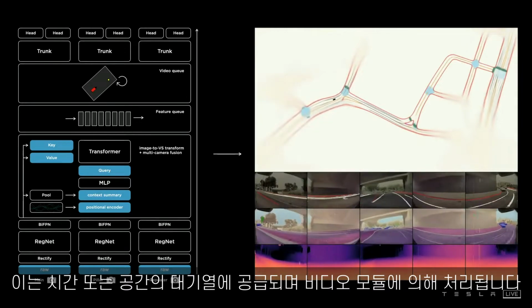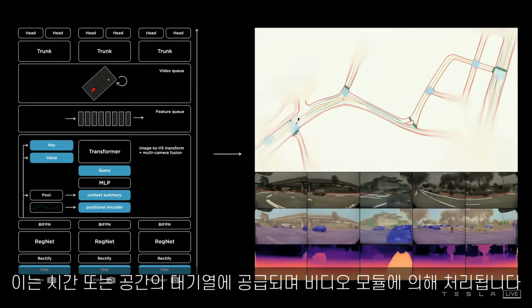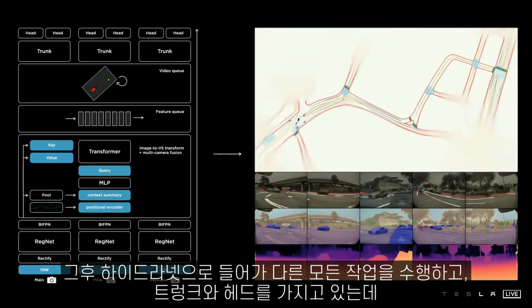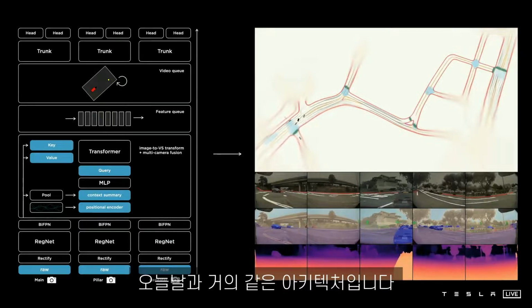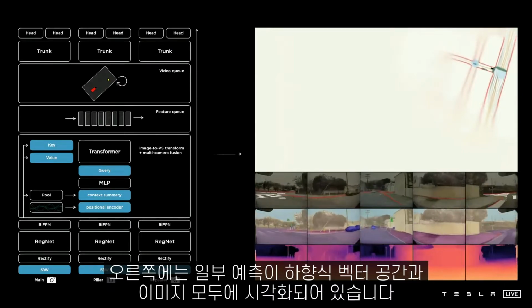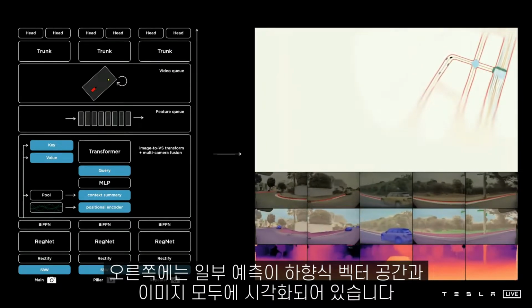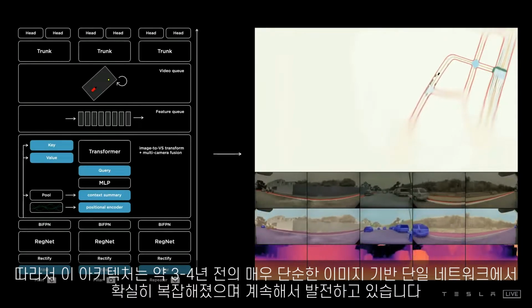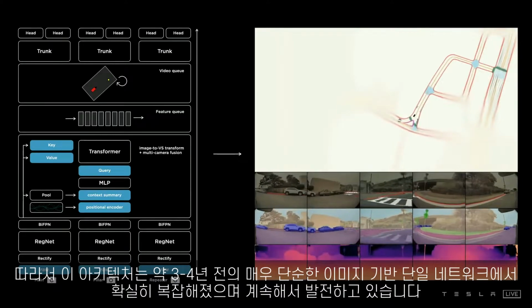This feeds into a feature queue in time or space that gets processed by a video module, like the spatial RNN, and then continues into the branching structure of the HydraNet with trunks and heads for all the different tasks. And so that's roughly what the architecture looks like today. And on the right, you are seeing some of its predictions, visualized both in a top-down vector space and also in images. So definitely, this architecture has complexified from just a very simple image-based single network about